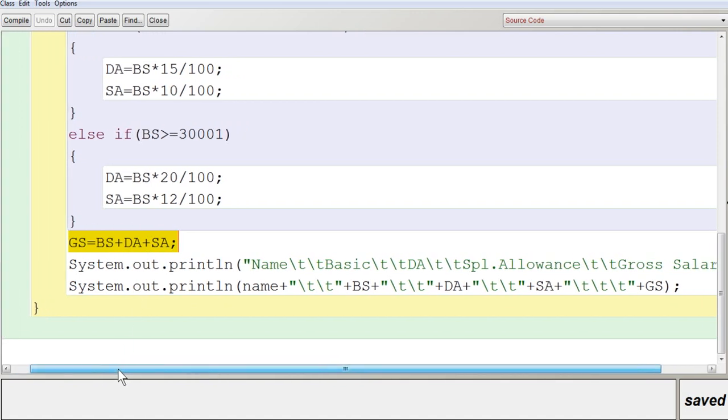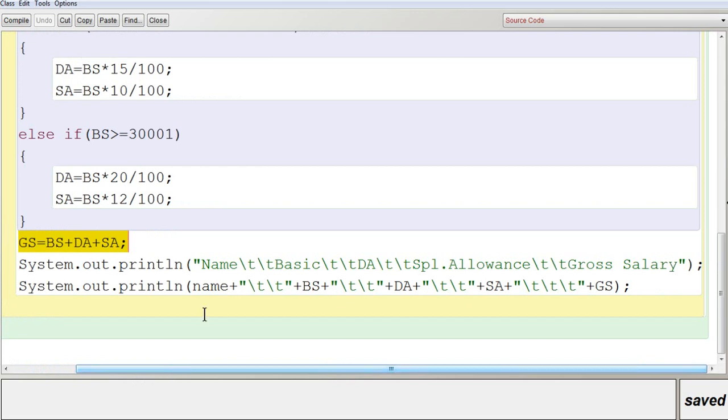Now you are going to see how to display it in columns. That's very important. You can see that in the output you would have seen one heading line and one line where you are going to give the values. So the heading line will be displayed like this. You have to start with double quotes and end with double quotes. You are not going to use double quotes in between. And whatever heading you want, you just type the heading, say name, basic, DA, special allowance. As per the question, you can just type the column headings, and then gross salary.